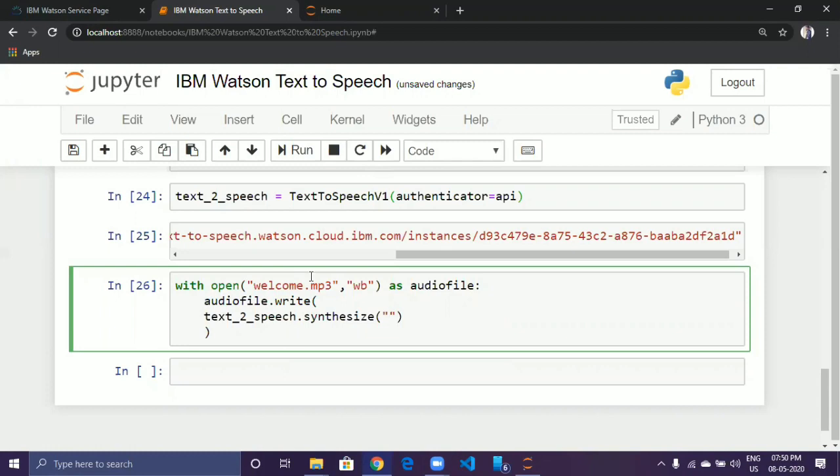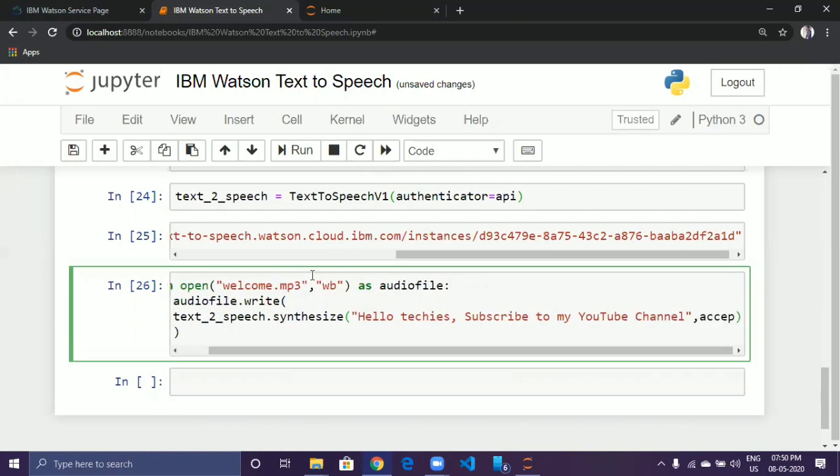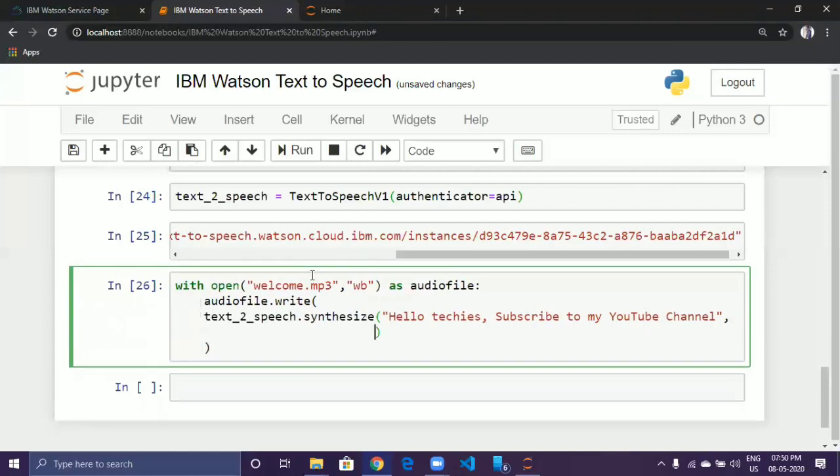Then enter the text to convert. Then enter the file type, accept, audio/mp3, dot get_result, dot content.